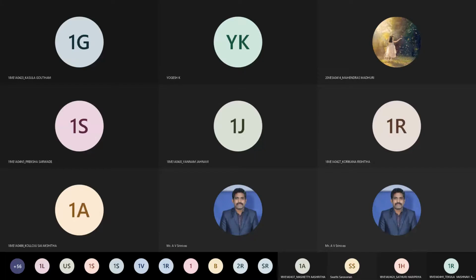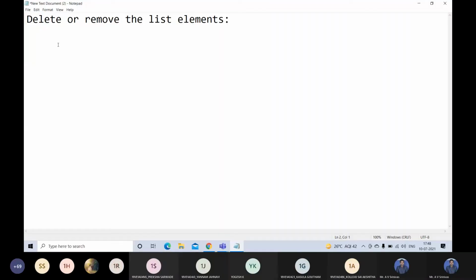List elements. So how are we going to perform the deletion operation or remove elements from the list? Generally there are some ways to delete list elements, so we will see all the possibilities.